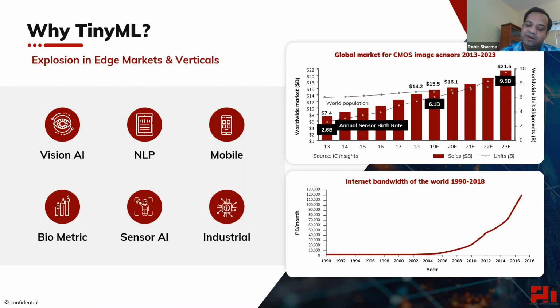And the bandwidth requirement, if you were to put all the data from these sensors to the cloud, is about 100 exabytes per second. Let me repeat. 100 exabytes, and that is 10 to the power 20 bytes per second. But what we have available today is somewhere between 50 to 100 gigabytes per second. So the comparison of what is required versus what we have differs by 10 to the power 11, sorry, by an order of 9 or 10.